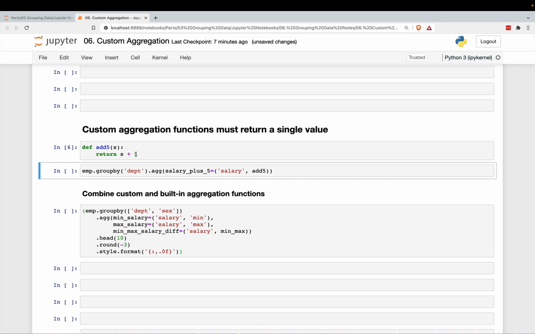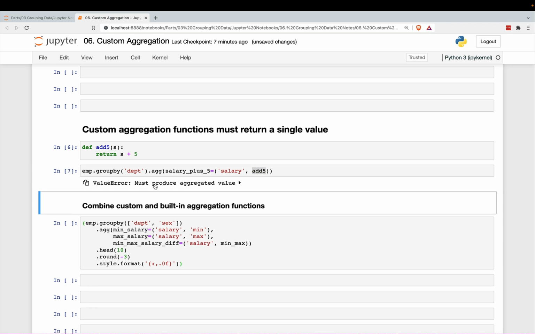So let me execute this so I have this function available in my namespace. If I try to use this as an aggregation, I'm going to get an error. So it must produce an aggregated value, and it clearly does not. The other little tidbit is that you can use these built-in aggregation functions, or you can combine the custom and